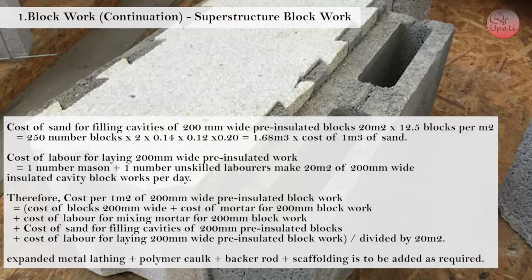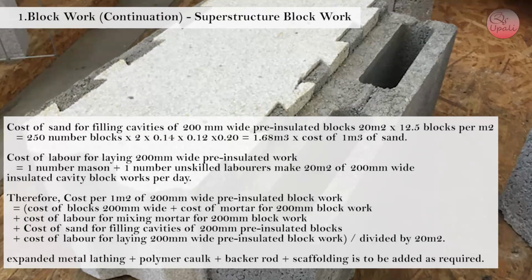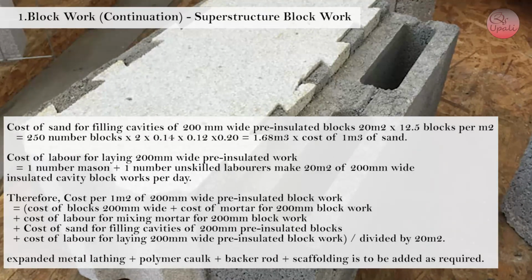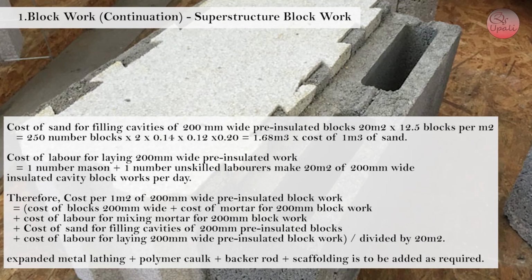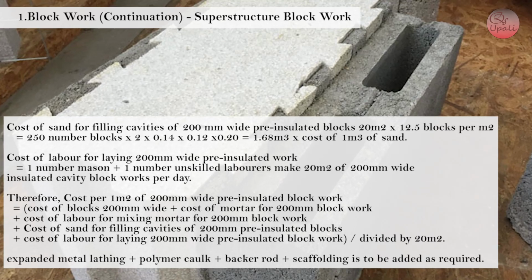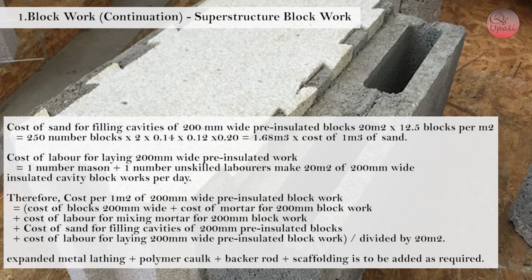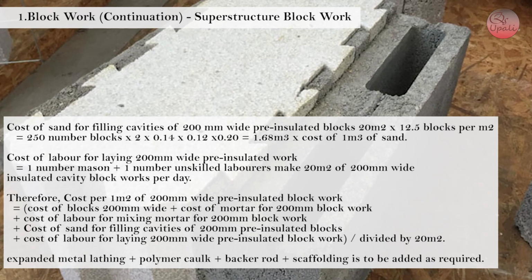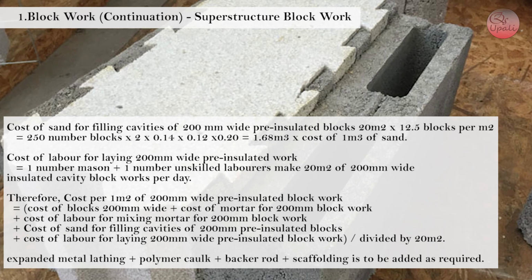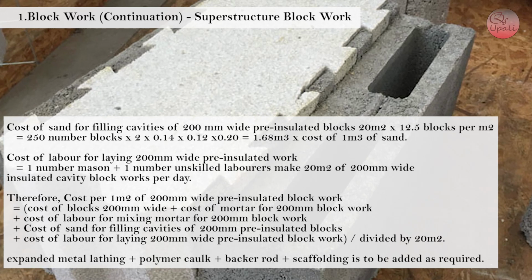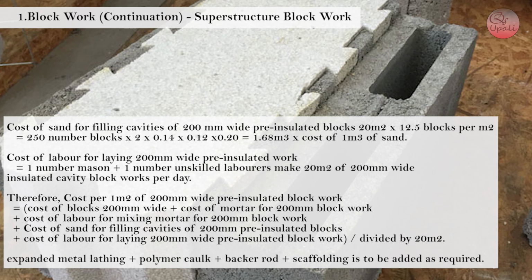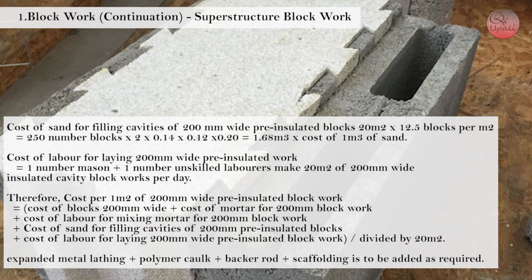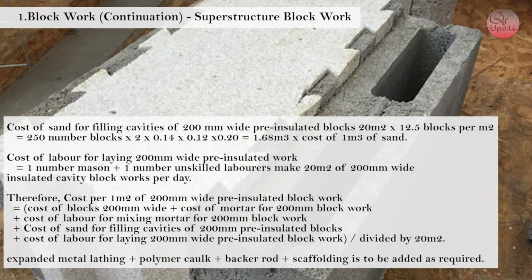Cost of sand for filling cavities of 200 mm wide pre-insulated blocks: 20 m² into 12.5 blocks per m² equals 250 blocks into 2 into 0.14 into 0.12 into 0.20 equals 1.68 m³